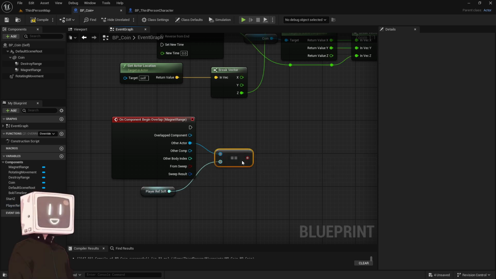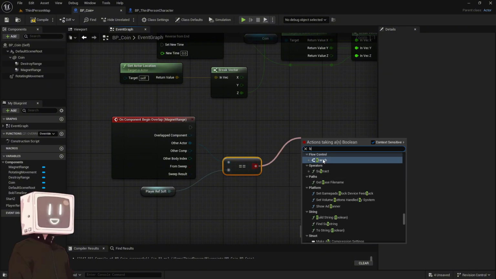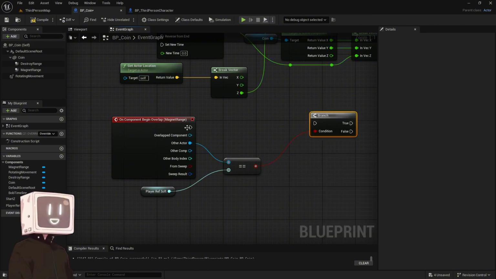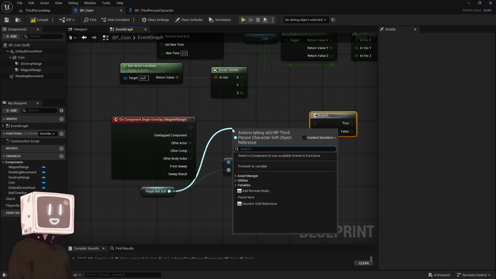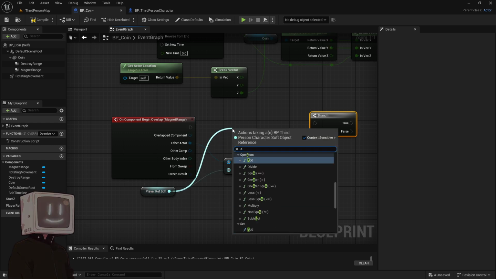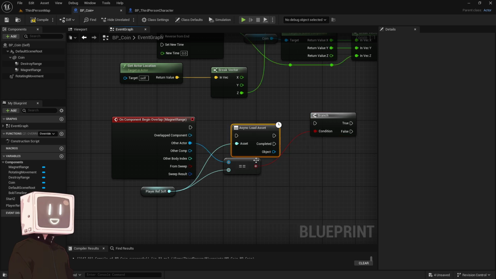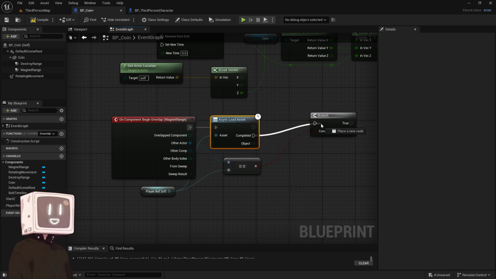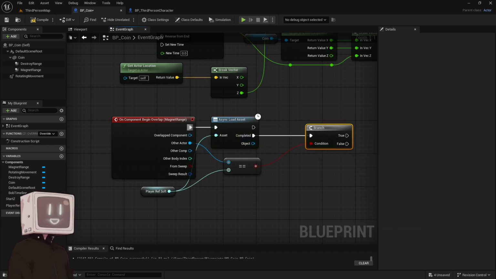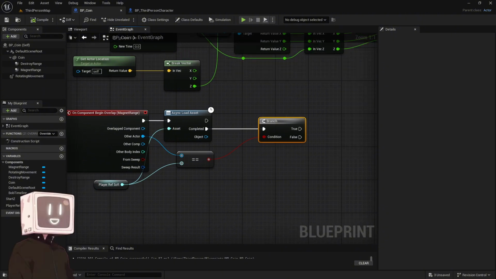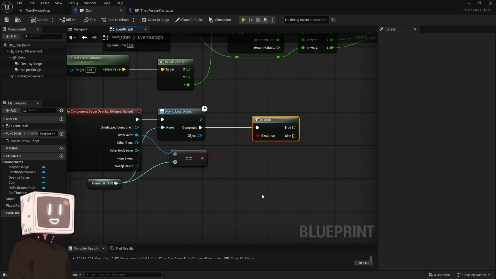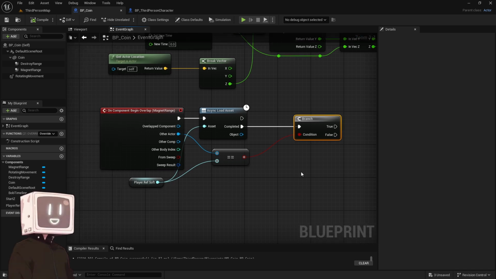So when you get that, like that, and then this will obviously be a branch, but we don't connect the branch to here because we need the async load asset first. Connect that to there, and only off completed do we call the branch condition. And once that is done, all right. So yeah, once you've got this,